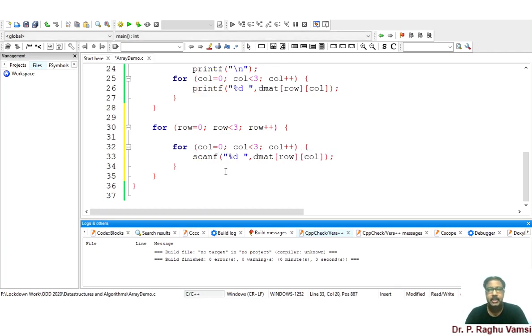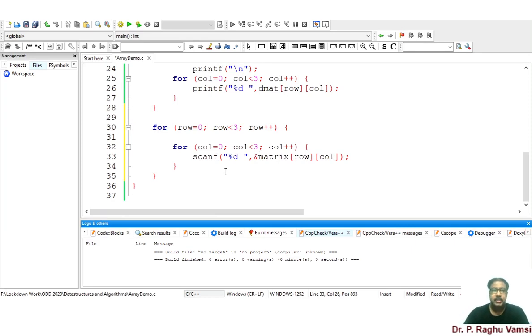Scanf with %d, because I am going to read integer elements. %d is the format specifier for that, and I am going to read into the array matrix. When you are reading, you have to use an ampersand symbol, so that whatever value you have read will be placed in that memory location.